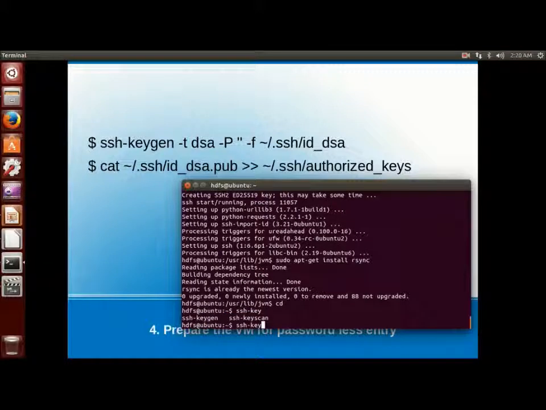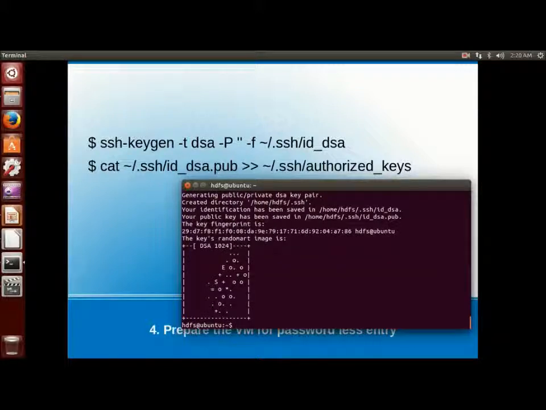So ssh-keygen is creating a DSA key for empty space, which will be copied to authorized keys, so that all SSH commands will allow this HDFS user to log in to this machine without having the password.